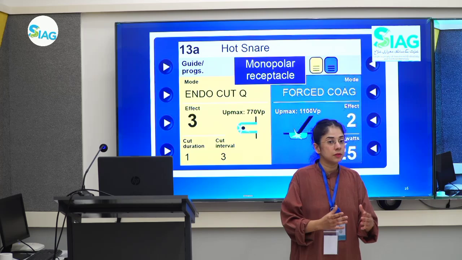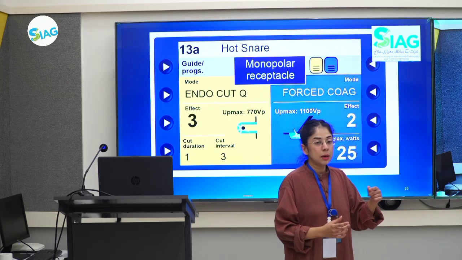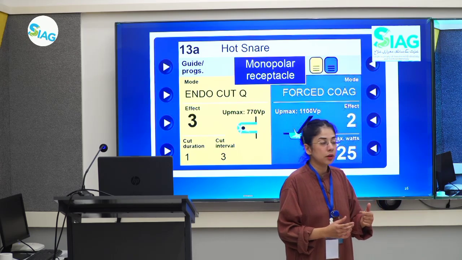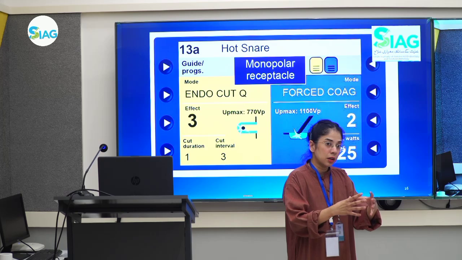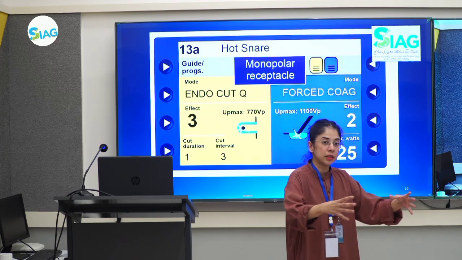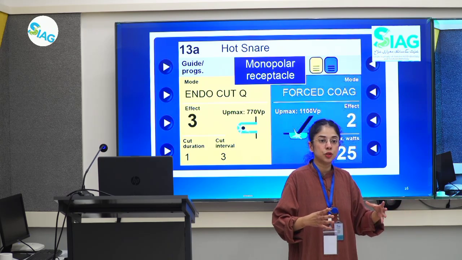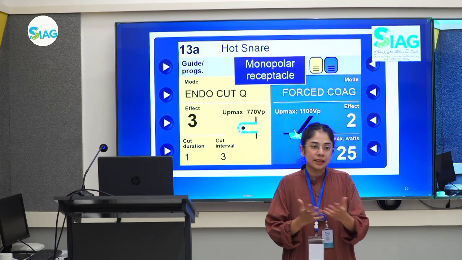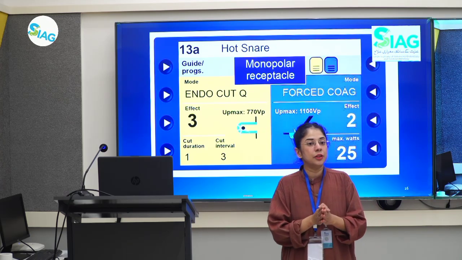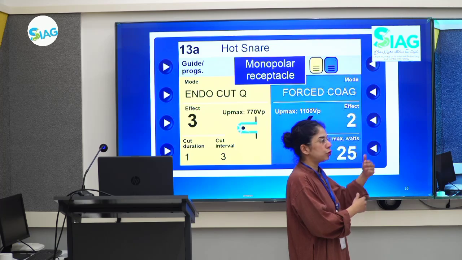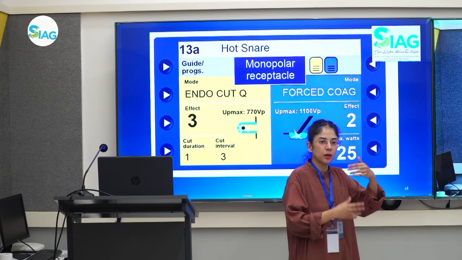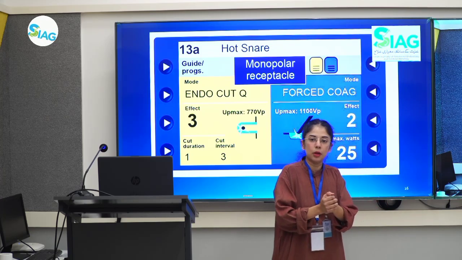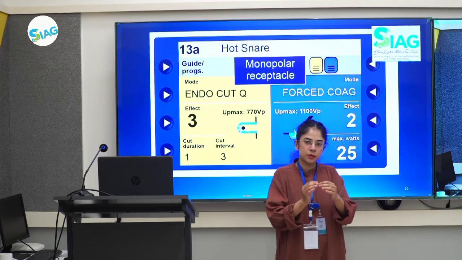But if your coag settings are too high, maybe you're over-anticipating the size of the polyp, and you're actually causing a lot of heat to the surrounding tissue. What's going to happen? That tissue is going to start to coagulate, necrose, die, and it will start bleeding. So that is dangerous. So we can't go for extreme coag settings with the mindset of, oh, this is going to coagulate the polyp really well, it won't bleed. There has to be very big precision.